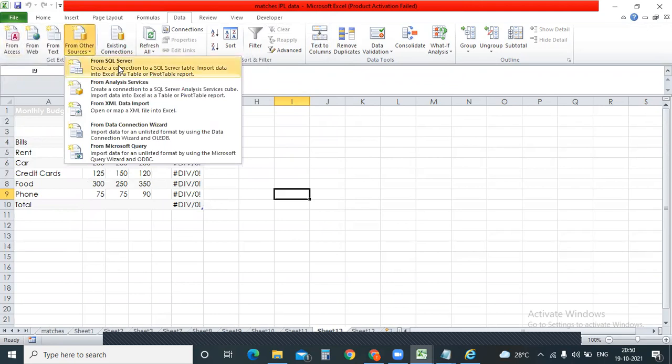SQL Server, we don't have a setup. You cannot do it. Even if you try to connect, it will take too much time, because SQL Server will have lakhs of data, which consumes a lot of time. Analysis server, again, is also related to SQL, where we can perform some analysis. As we don't have SQL servers in our desktops or laptops, we cannot perform this. But I will show you guys how to connect data to the SQL things. But we can do the Excel formats.